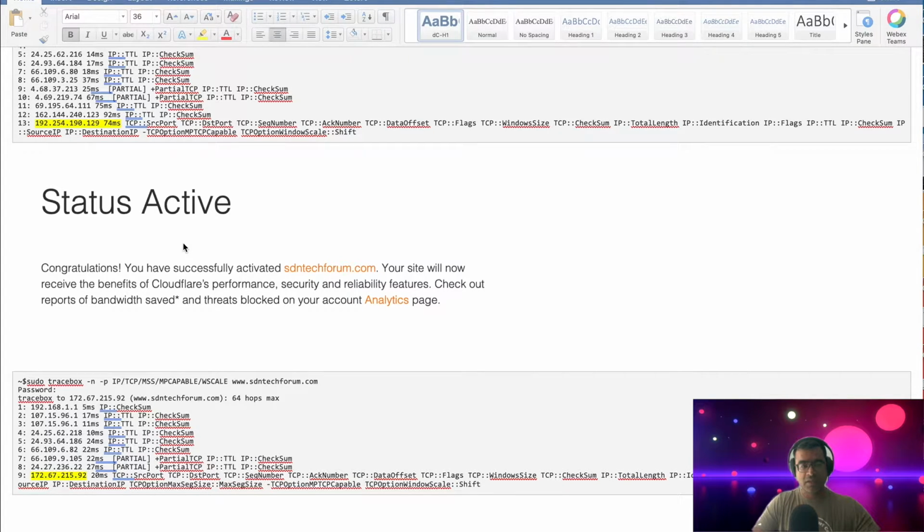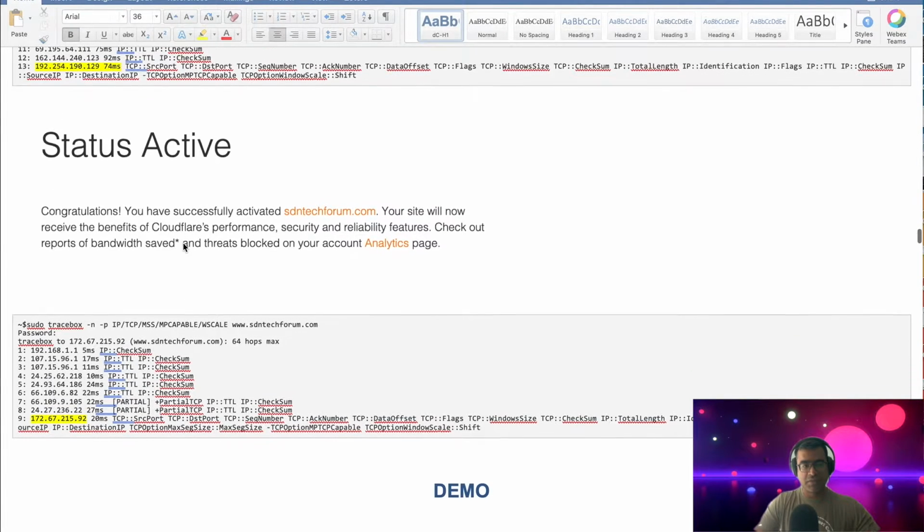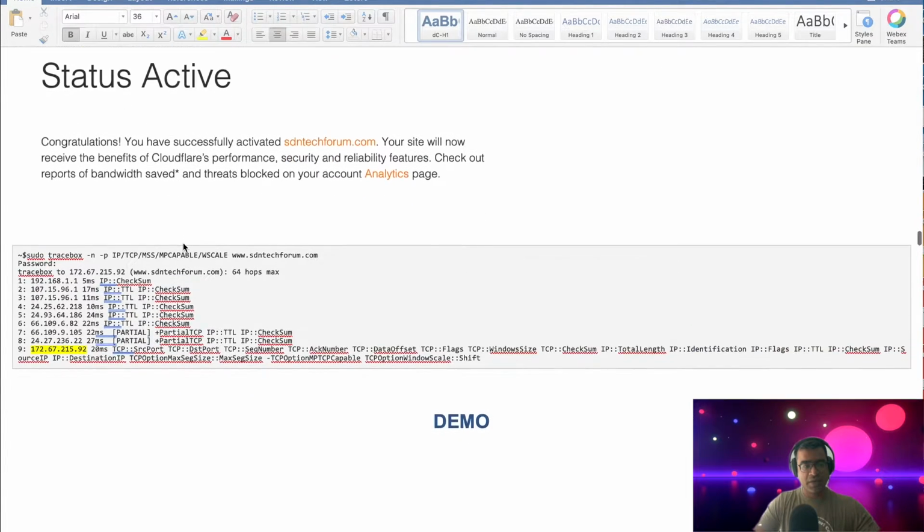How to validate that? I ran the same trace after getting this email, and now you can see I'm ending up at 172.67.215.92. Okay, now my origin IP or hosting IP is not exposed. It always terminates at 172.67. Let's see who is